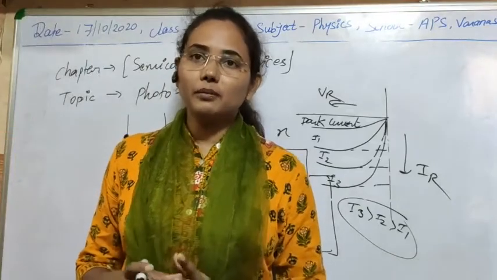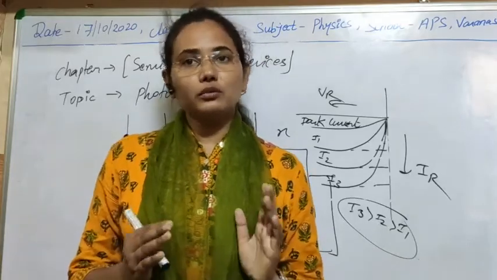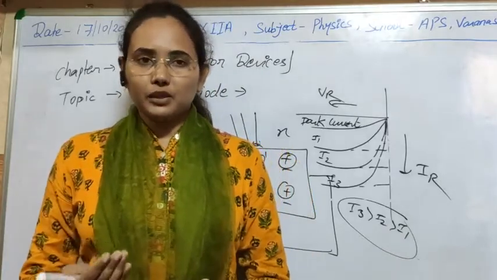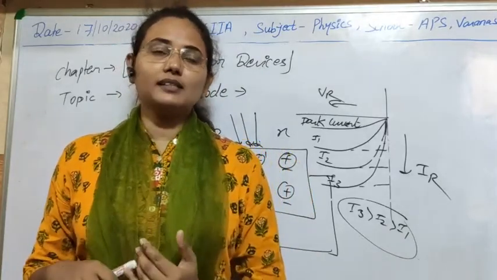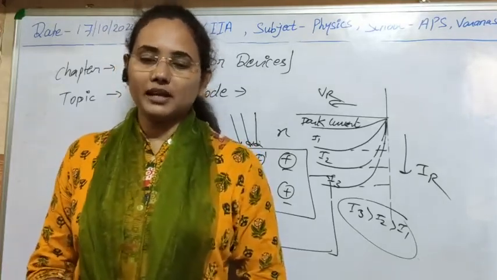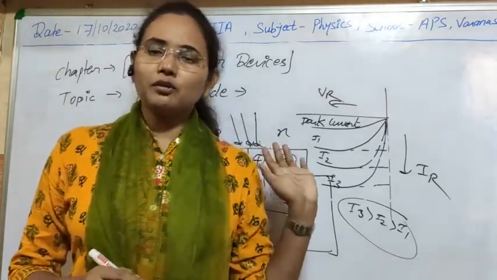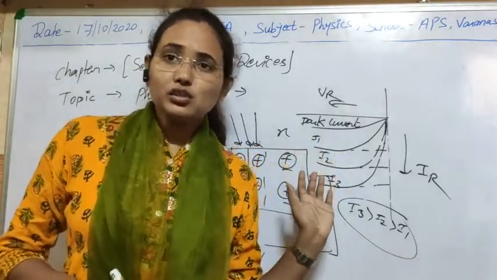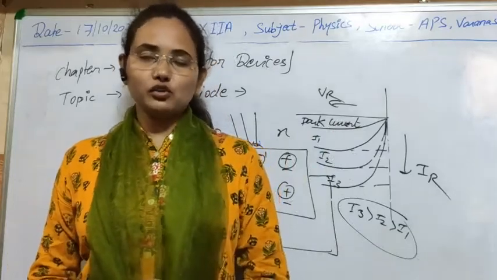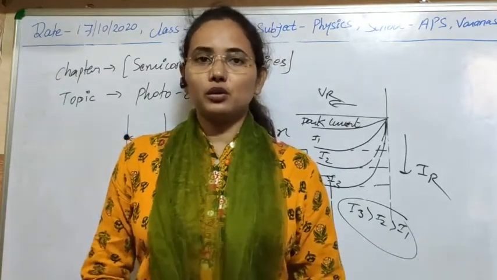So today we have studied two special purpose diodes. First was the Zener diode and second was the photodiode, and both diodes are used basically in reverse bias, because they give different characteristics than the PN junction diode. That's why we use them in reverse bias. In forward bias, both diodes give the same types of characteristics, so we don't have to make such extra effort when we are getting the same thing with a normal PN junction diode. So in forward bias we don't use these; we use these two diodes in reverse bias.